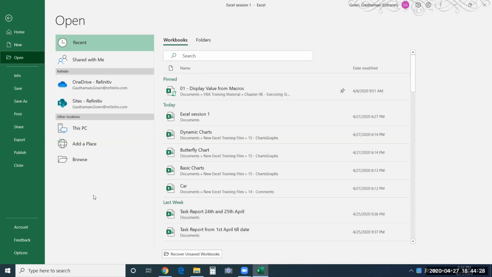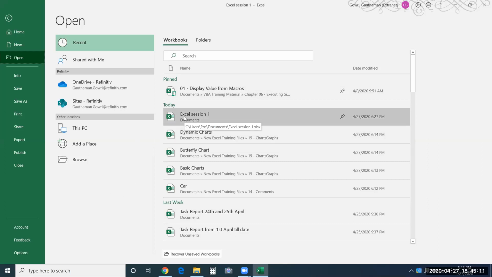And let's say you want to use a particular file regularly. See, this is known as recent files. How does this work? See, every time you open a new workbook, you work on a new workbook, or some other files which are available in your system, this list gets updated. The most recently used file will appear in the list. So you can see here today, I'm using this currently. So this is on the top. Now, if I open another file, that will appear on top of this. It's just like a queue. The oldest one will move out of this list, and the most recent one will come on top of this.